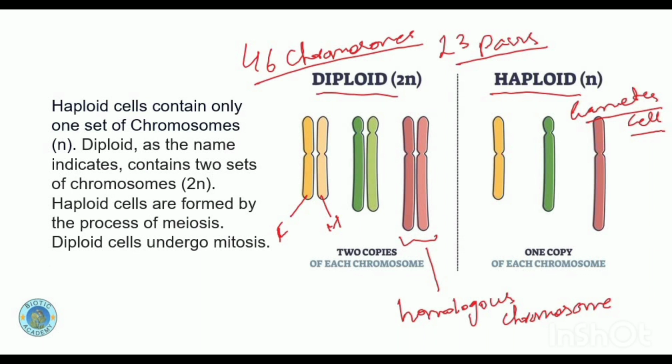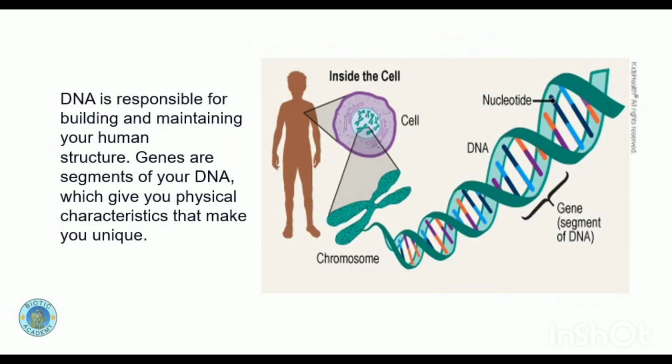Okay, now if we talk about the process of growth, first of all we need to understand the structure of cell and chromosomes. Here you can see that the human cells contain chromosomes, and if we unzip the chromosomes, we can see a long thread, a long molecule of DNA, and each segment in the DNA is considered as genes. This is how the transmission of characters takes place from one generation to the next generation,